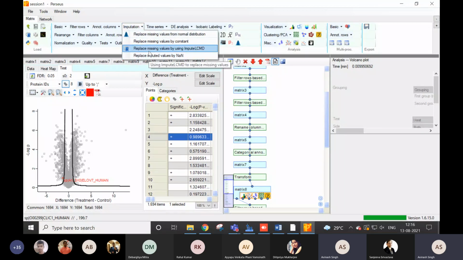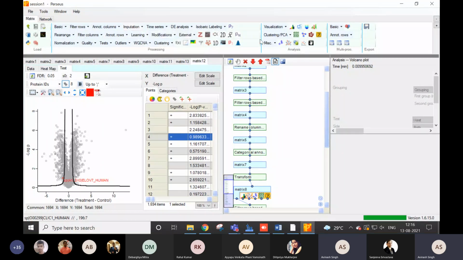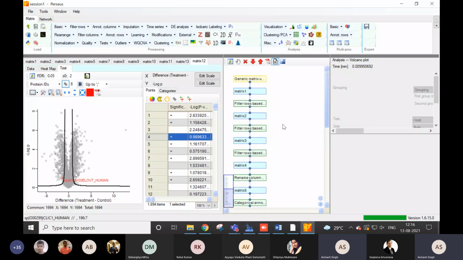And if you want to impute with the KNN or another method, you can directly use R programming or Python, and just input those matrices. You can also upload your matrices by using R, Python, and this thing. So this is all for today. For the next class, we will go for the further part. Okay, so that's all from my side.